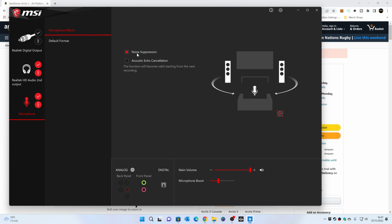I haven't moved, I'm still stood next to my PC, which the fans are less than a foot away from me. There's also the fire in the background clicking away as it's burning wood, and we've got other things in here, computers in here, all that kind of stuff. So if I'm completely silent, this is now with noise suppression turned off, you should be able to hear background noises. So I'll be quiet now for 1, 2, 3,